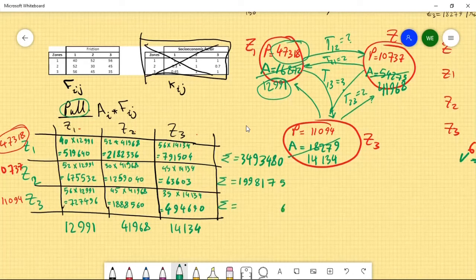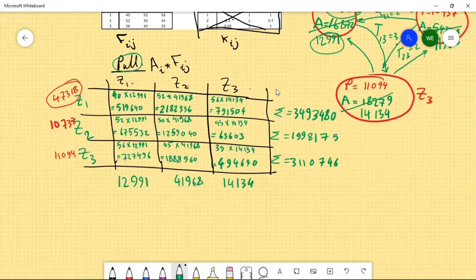Is going to be 647,311,007,46. Yes. Okay. ممتاز جدا. That's excellent. Okay. Based on these values,